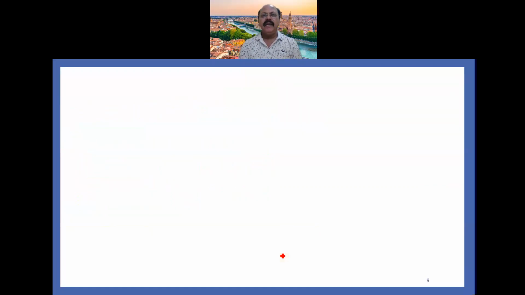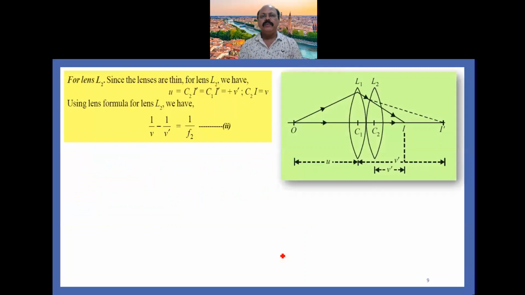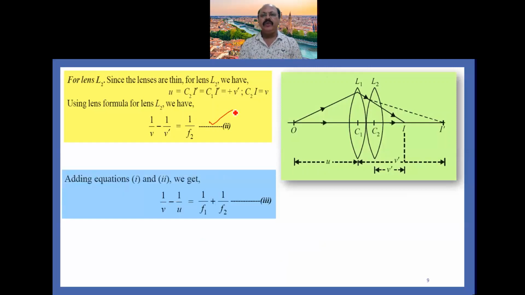Similarly, for the second lens L2, U equals C1I' equals plus V'. That is the virtual object. Then C2I equals V. Then by using the lens formula, 1 upon V minus 1 upon V' equals 1 upon F2. Mark this equation 2. Now adding equations 1 and 2, we get 1 upon V minus 1 upon U